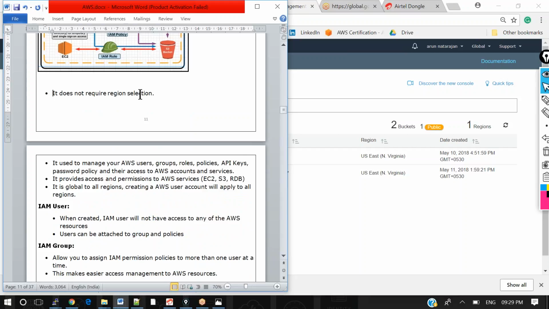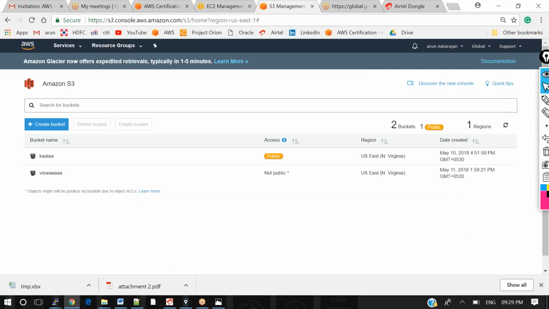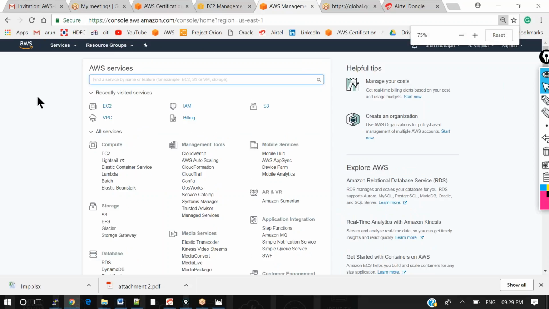In terms of the wording, IAM does not require a region selection. When we are creating IAM, you can click on the AWS console home button, where you will be redirected to the AWS home screen. Now, which service do I want to access?